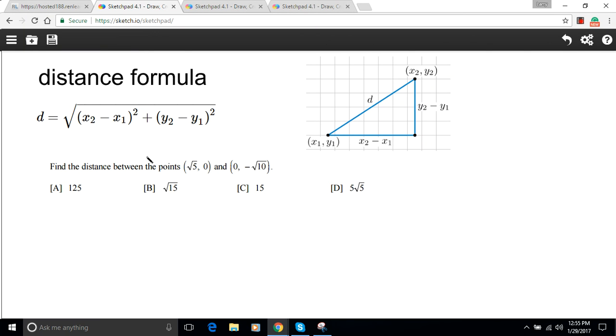Here we have some problems that have to do with the distance formula. And this kind of complicated looking formula is a way to measure the distance between 2 points on a coordinate plane. So if you got some point here and you got some point here, the distance between them is this straight line. And we can figure out the length of that by using an application of what's actually the Pythagorean